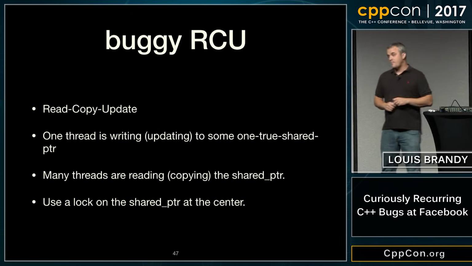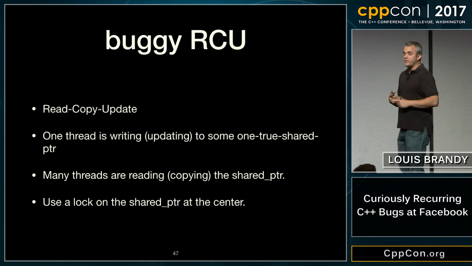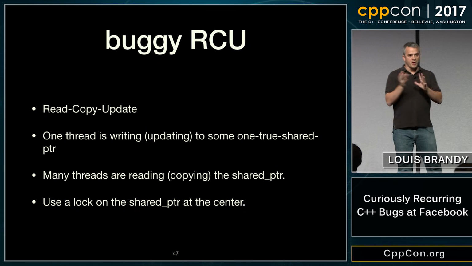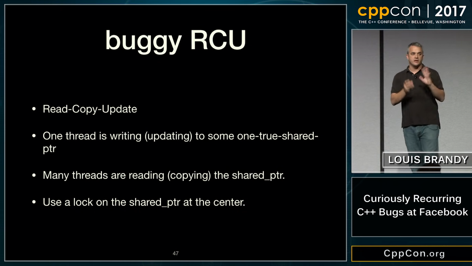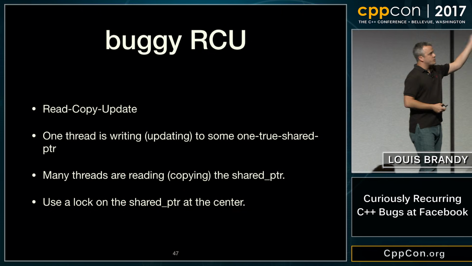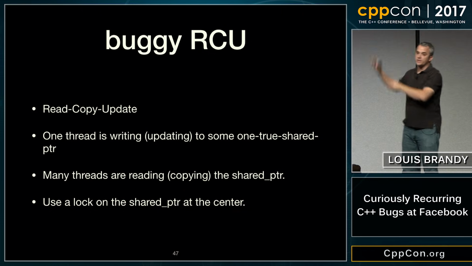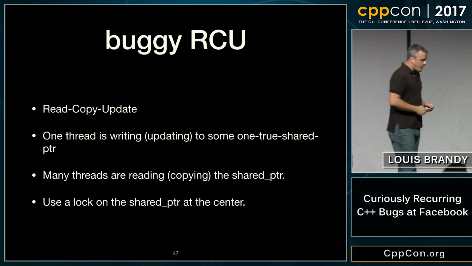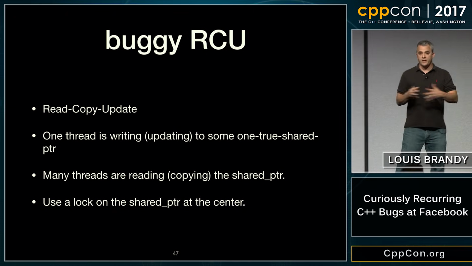The pattern that comes up over and over and over at Facebook, and I think this is an artifact of the fact that we write a lot of services, is a buggy form of RCU, actually a degenerate but very common form of RCU. RCU, by the way, is read, copy, update. It has a Wikipedia page. There was a talk about it. I'm not going to talk about it too much here. But in our most common use case, it's actually very simple. You have a service, it handles requests.